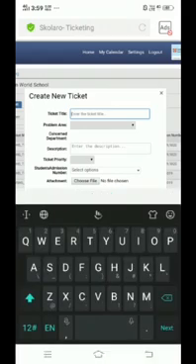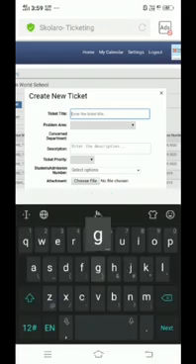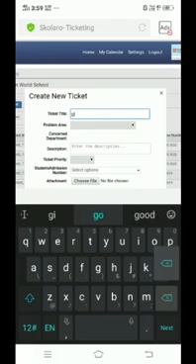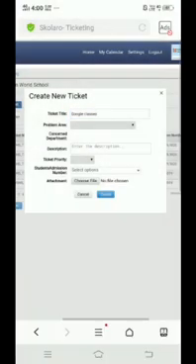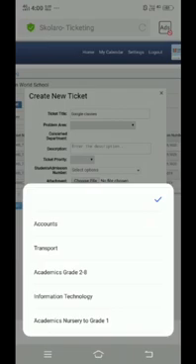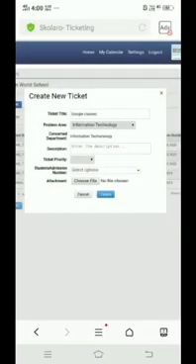Now enter the ticket title, which can be say Google classes. Then the problem area, again you have a drop box and you can pick any.